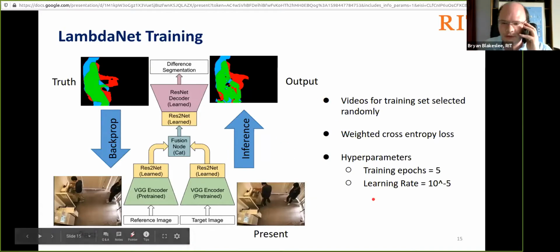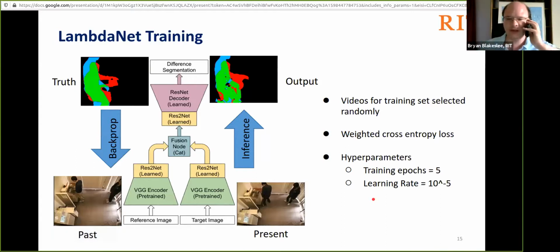Now, training proceeds exactly like it would for any other neural network. Your reference image is your past image, and your target image is your present image. And you feed those forward through the network to obtain your difference segmentation.